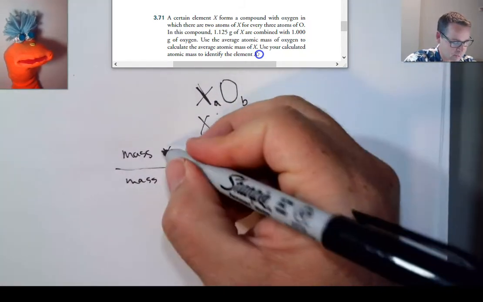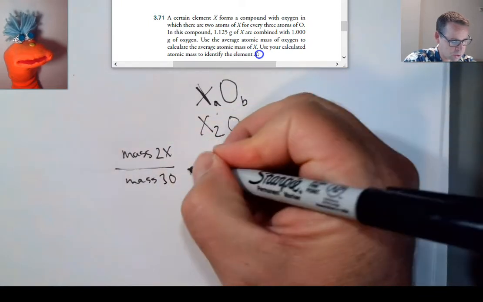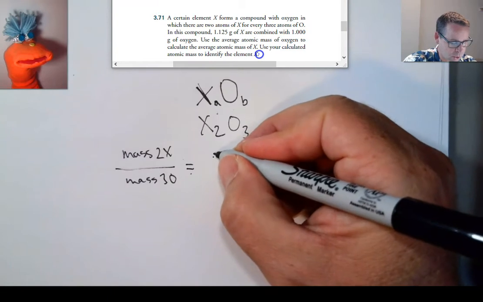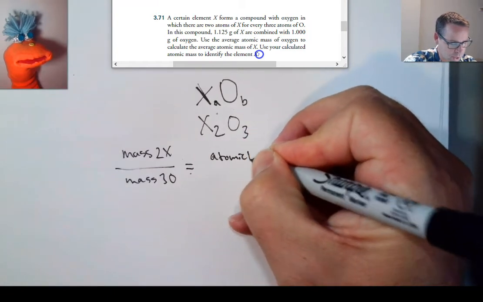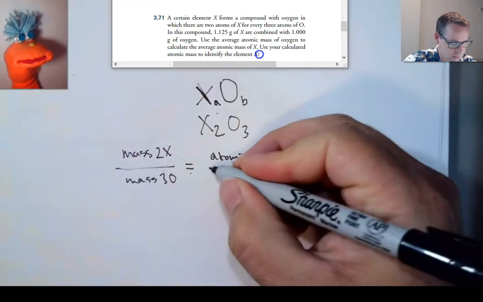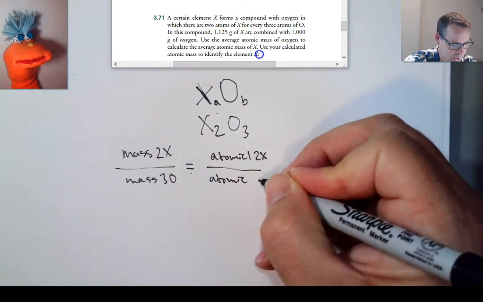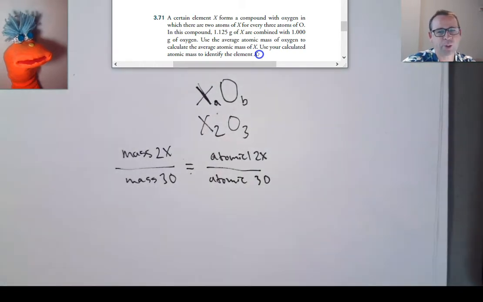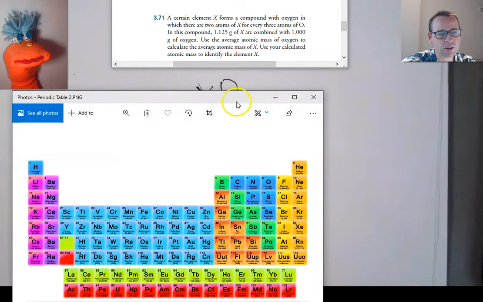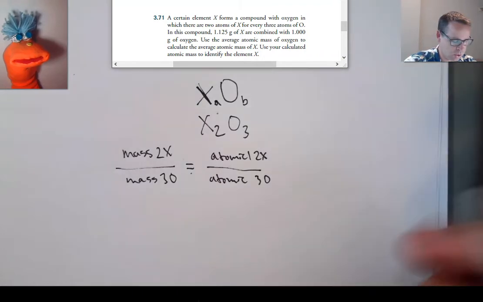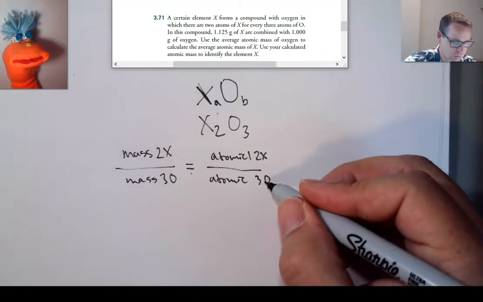That is, if we have 2 X's and 3 oxygens, that same relationship will exist between the atomic mass of 2 X's over the atomic mass of 3 oxygens. Okay? And so we can use the periodic table and the mass on there. We can look at oxygen here and see its mass, 16. So I can do this same ratio, 3 oxygens, so